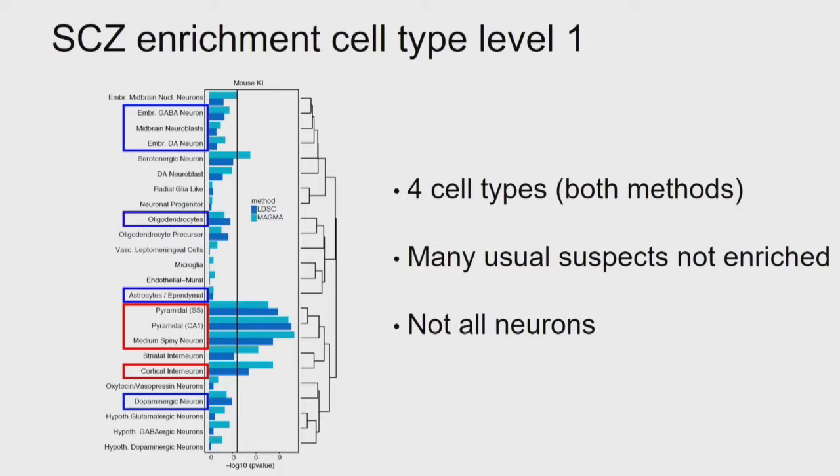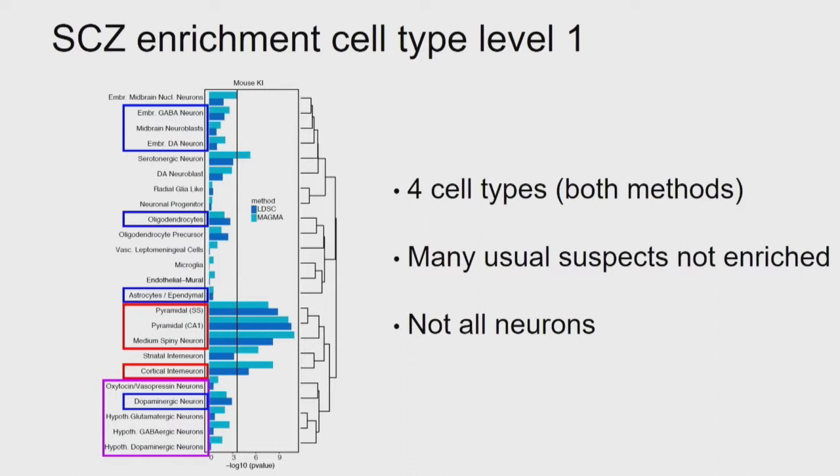So we know that dopaminergic signaling is a key feature of schizophrenia symptomatology or pathology, but it seems like the underlying risk might not hit the dopaminergic neurons. That might actually then be a secondary thing. And more importantly, it's not in all neurons. We do find neurons that are not enriched. So I would say that schizophrenia is largely a neuronal disease, but there is a hierarchy among the neurons. Some neurons are heavily targeted by schizophrenia risk genes and some are not. Okay, these are the larger classes of the brain.